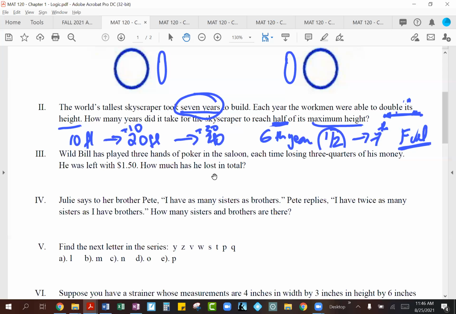So the way this question works is you kind of have to think about, okay, how much total money he started out with. He's only left with $1.50, and that will help you kind of decide how much money he has left behind. And then remember,